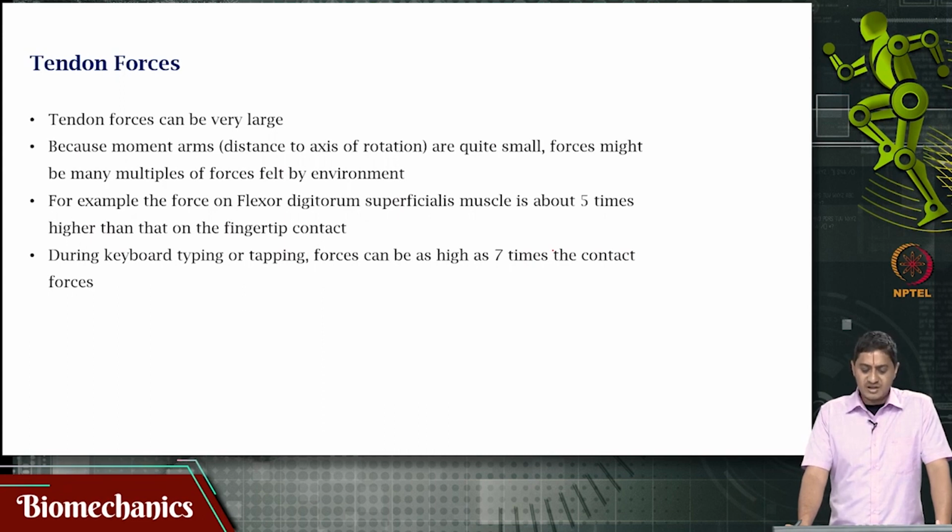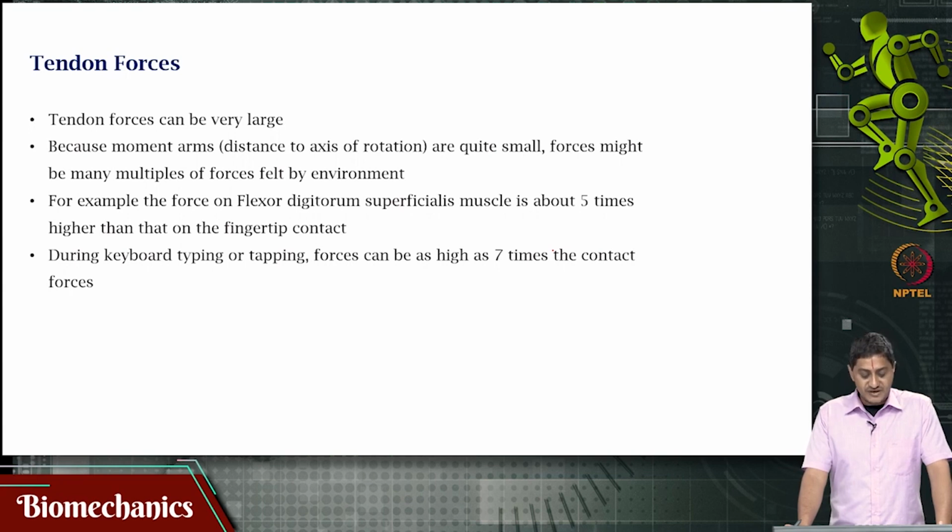So because the moment arms are actually very small, because of this reason, the force that is felt by the environment, which is the force that is applied by the bone on the environment, is it not? So the force that is felt by the environment will be much smaller than the force that is felt by the tendon, or in other words, the forces in the tendon can be many multiples, many times the force that is felt by the